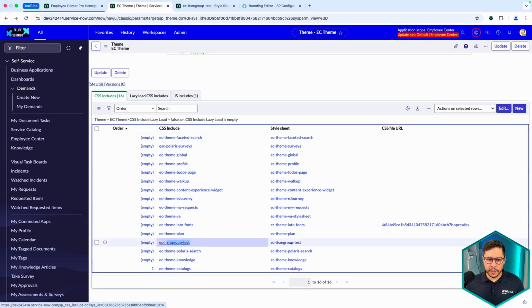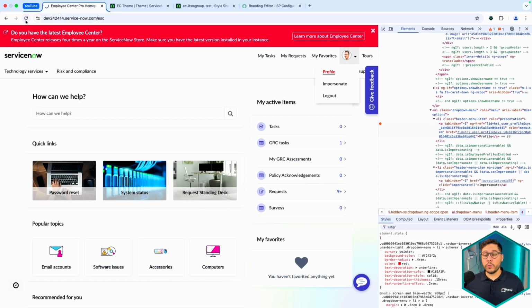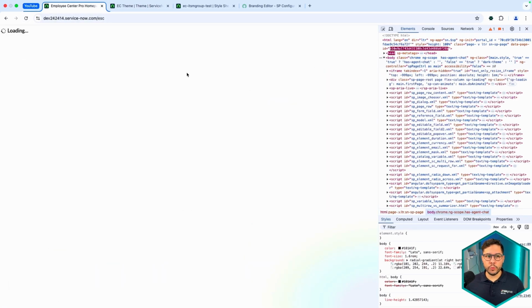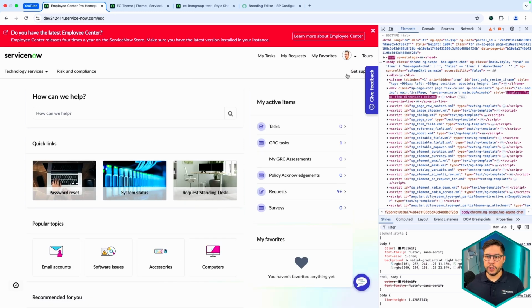And if we see here, it's there. ITSM group test. Means that now it's all set. The only thing that you need to do right now is just to refresh the page, and whenever you come here and you just mouse over your CSS selector that you wanted, this is how you change the color in an easy way without having the need of modifying any widget and stuff like this.